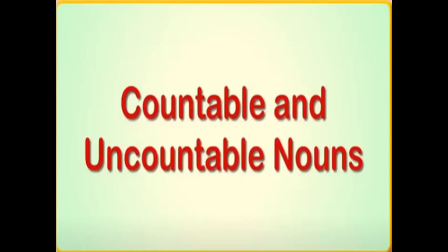Children, today we are going to learn a grammar lesson: countable and uncountable nouns. In the last few lectures we have learned types of noun. So countable and uncountable nouns are also one type of noun that we are going to learn today. As by the word only you can understand, countable means the things which we can count, and uncountable means the things which we cannot count. When we add this prefix "un" in front of countable, it becomes the opposite of countable, that is uncountable noun. So let's start.